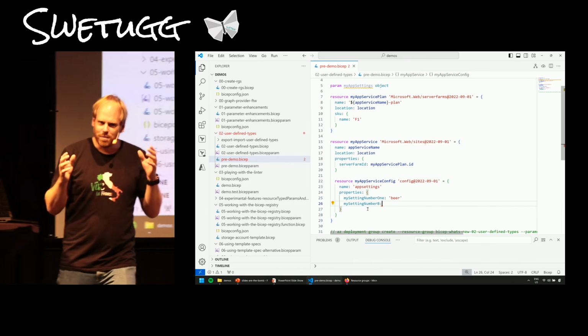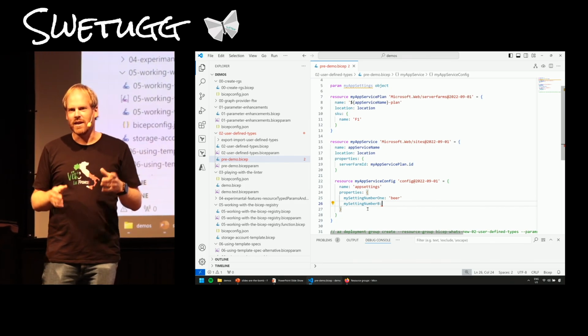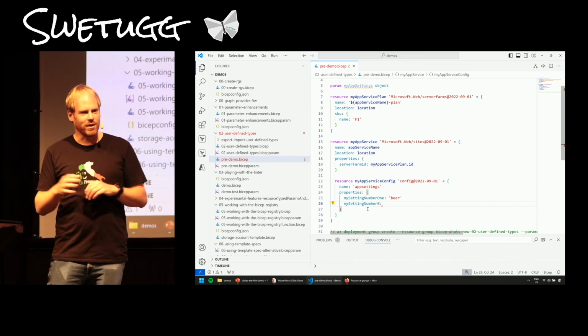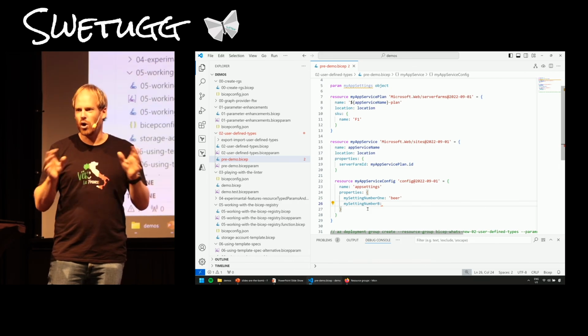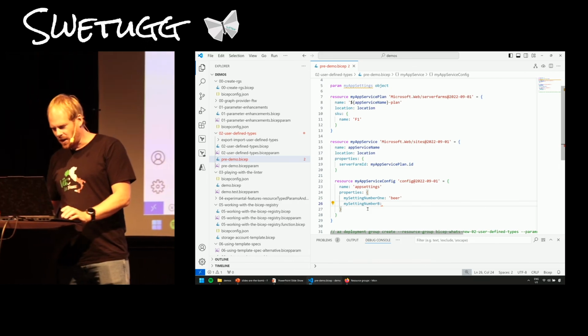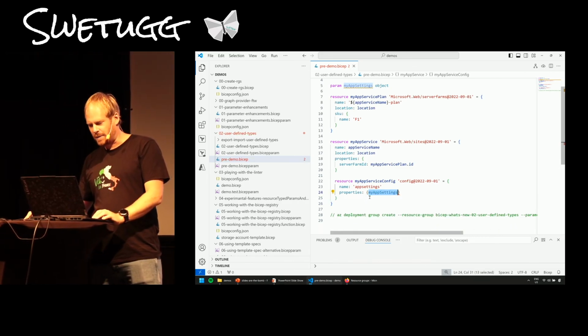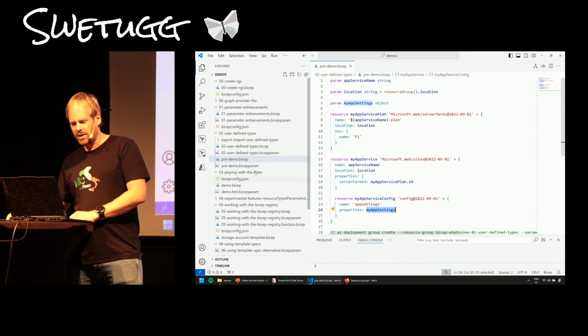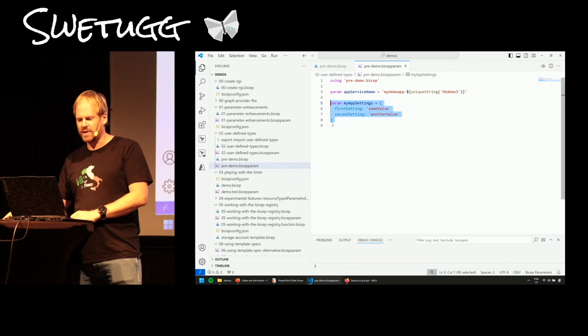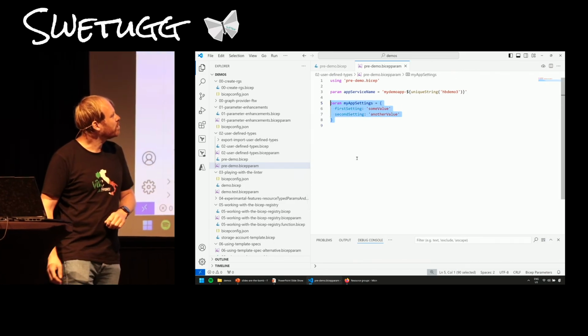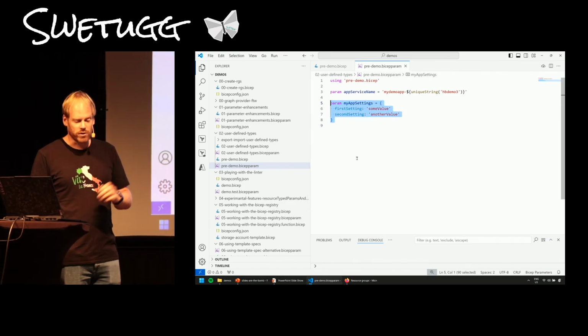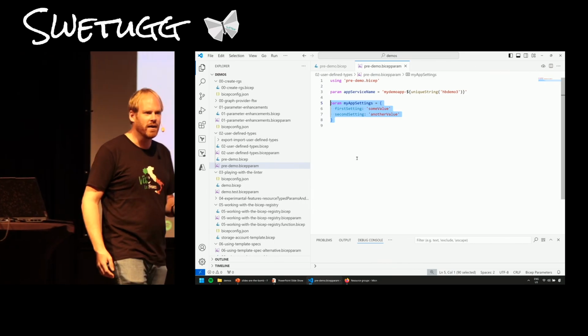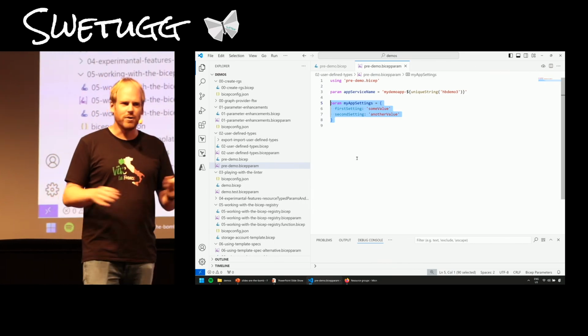And this is where your media engineer steps in and says, I've got an idea that saves us a lot of typing. We're going to pass around an object. So you're going to say, my app settings should just be an object. And you go into your parameter file, and here you specify those parameter values. And that works. It works wonderfully well and saves us a lot of typing, and everybody leaves the company,